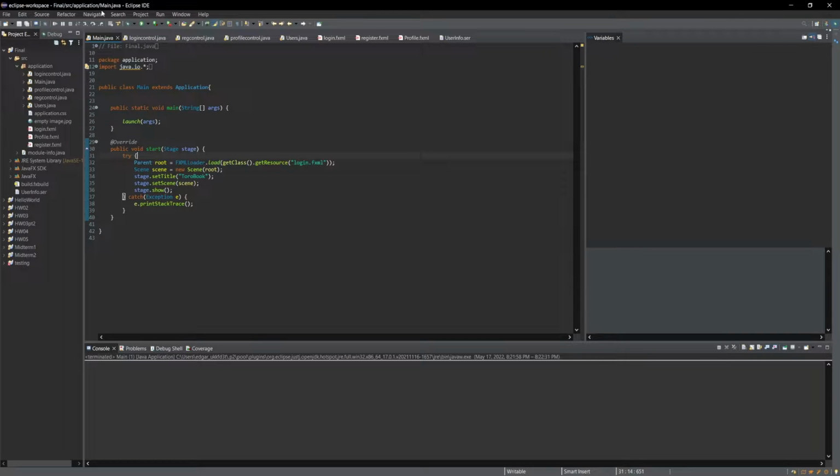Essentially, we had to program and create a social media platform called Book. I decided to use JavaFX using FXML and Scene Builder. So we have the usual main launches, got the start method. It's going to throw us into the